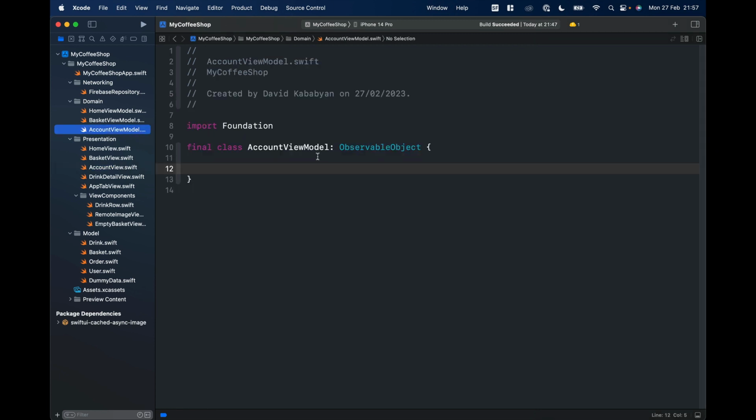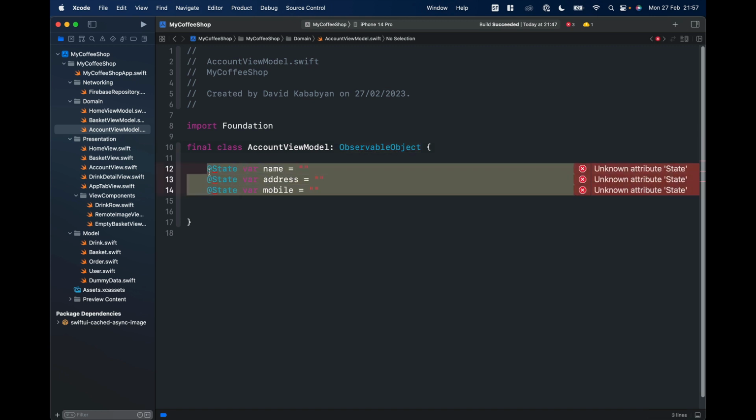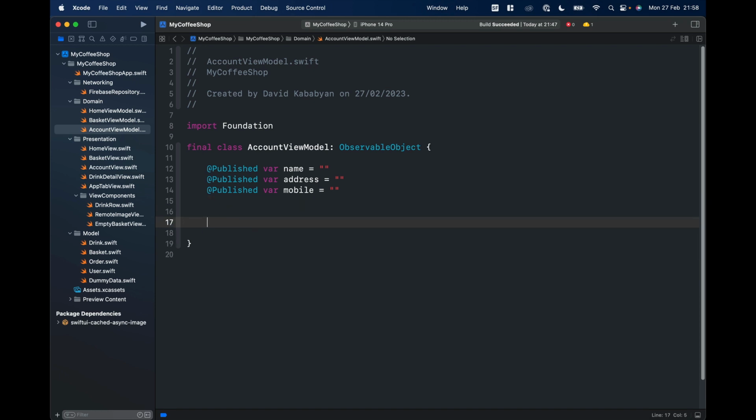Account view model, and let's paste them here. Since this is an observable object, we are not going to use state here. Instead, we want to publish these changes. So we say @Published var name, address, mobile. And then we have a func